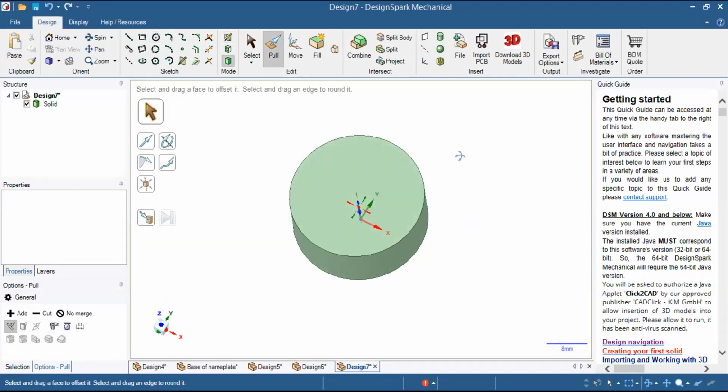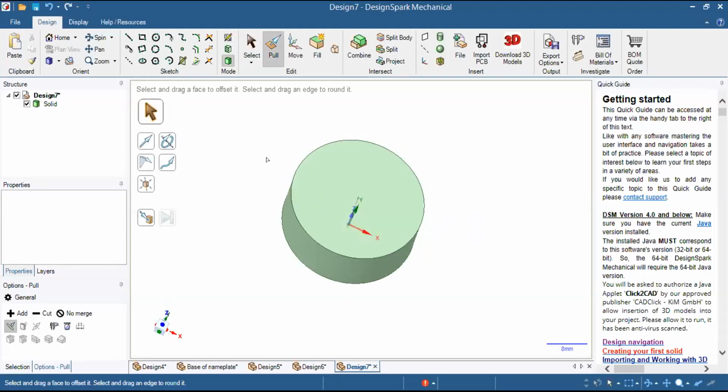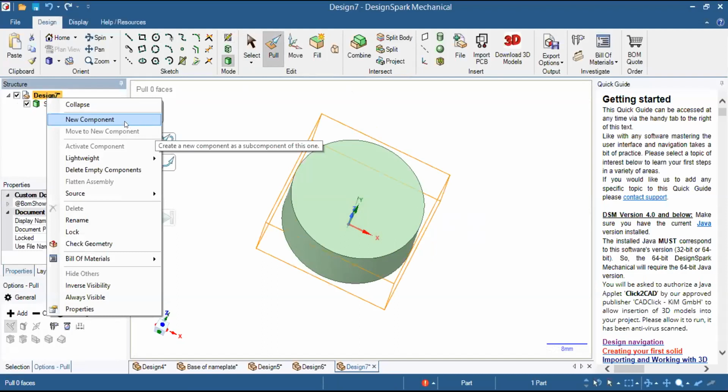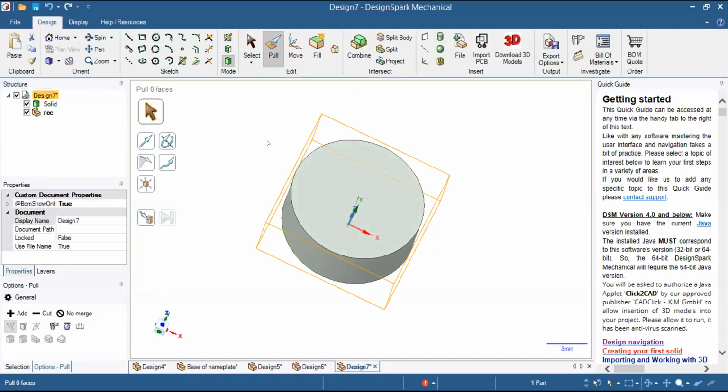Once you have one component only, you can't use split. The split command is enabled only when you have more than one design. So in order to make multiple designs, you just need to go into the structure and add a new component. Let us say it is a rectangle.